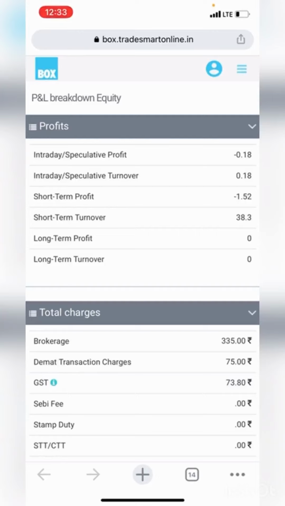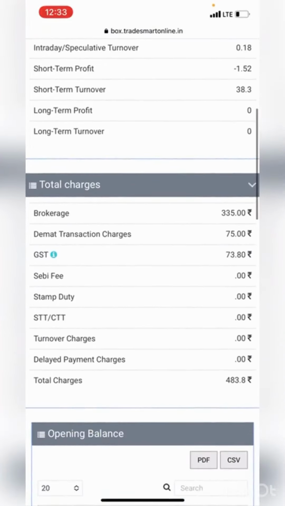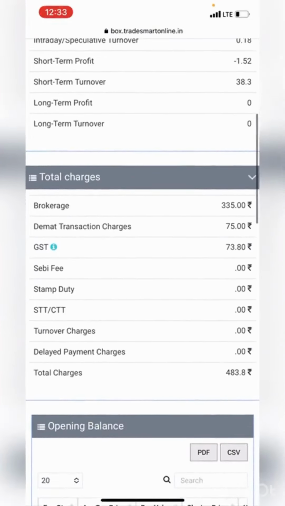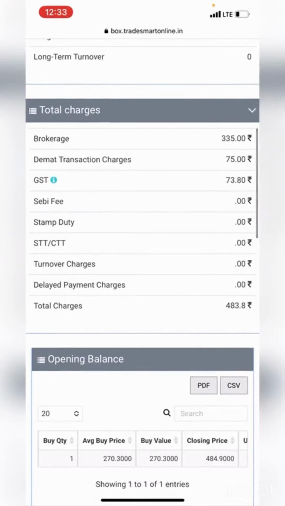So here you shall see profits and turnover, which are further bifurcated into intraday, short-term and long-term profits and turnover. You will also find the breakdown of all the charges that includes brokerage and other charges.